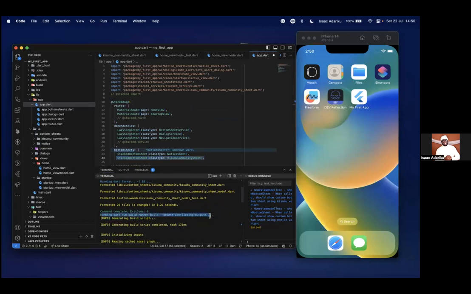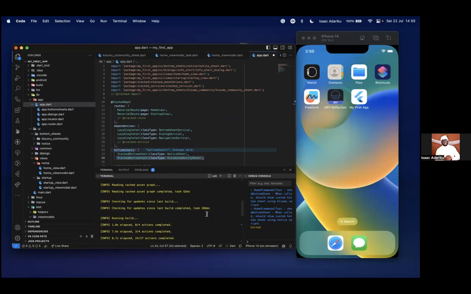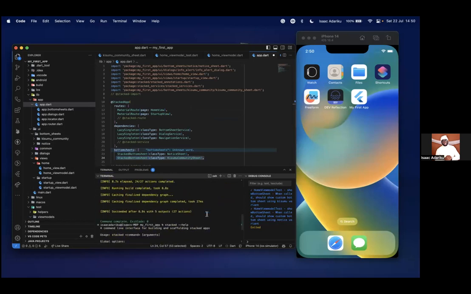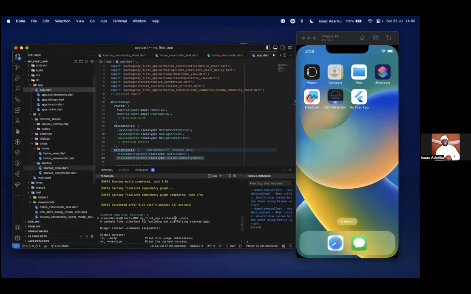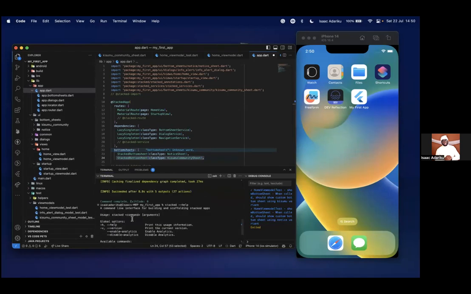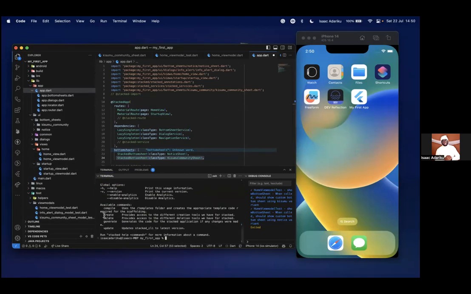So the CLI just makes everything easy for us when you are using a Stacked app. For any scenario you think of, maybe widgets, under create you get to see widgets. But if there's any custom solution that is not available, this is where contribution comes in, and we appreciate it.